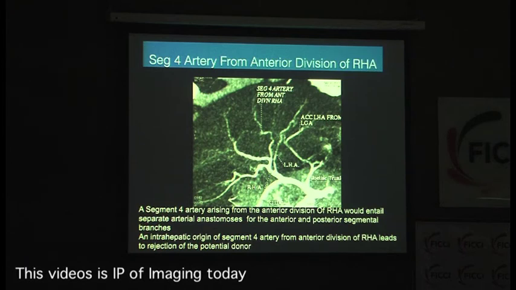Now what happens is sometimes this artery goes inside and gives off the segment 4 artery, which is an intrahepatic segment 4 artery. So if you are ever doing a transplant evaluation and you ever see something like that, tell your surgeon not to take the donor, because when this artery is intrahepatic, they can't see where it is arising from, and therefore they cannot spare it, and therefore you have complications in the donor.